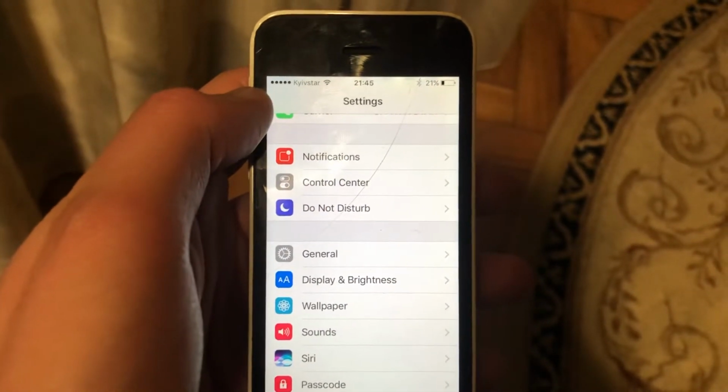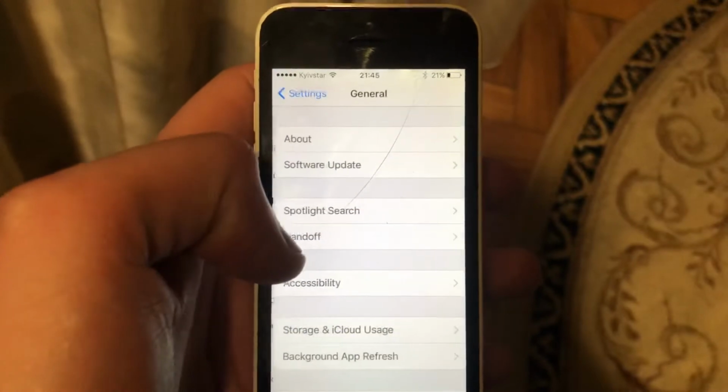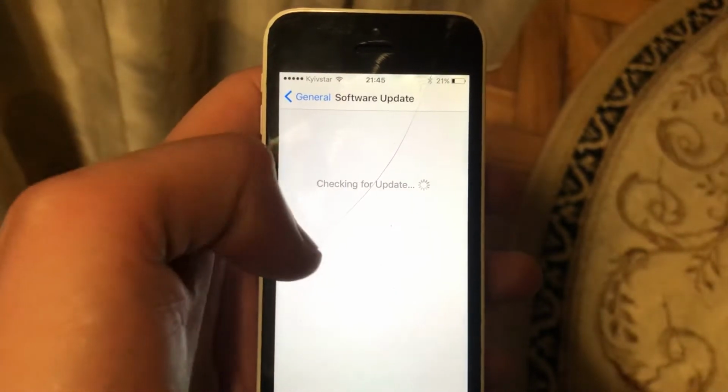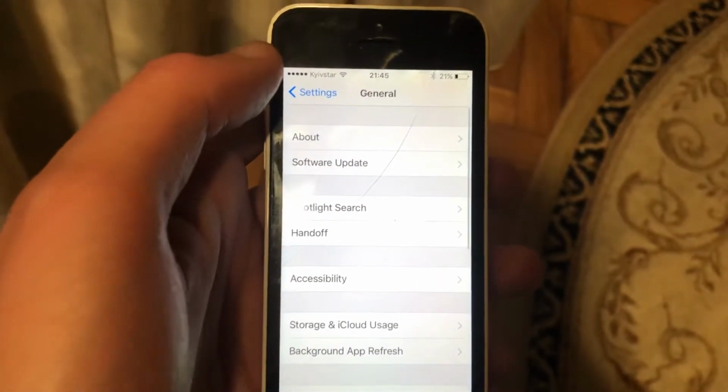And the last option you can try is to update your phone, so you go to the general, just open software update, and if you see here an available update, just tap on download and install and wait until it will successfully install the latest